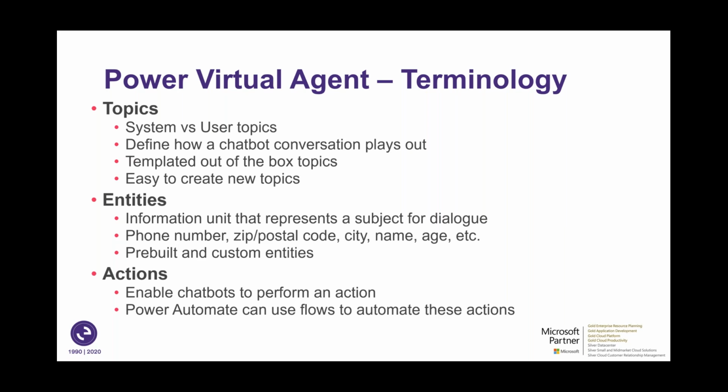And topics really are, there's two types of topics. There's system topics that are there innate out of the box, and then there's user topics that are available as well. You can define how those chatbot conversations play out by addressing these topics and putting these topics into the context that's there. And again, like I mentioned, there's templated topics as well as others that you can create. So an example of a topic might be open hours, right? And so if someone types in open hours into your chatbot, the AI can actually match that to the topic of, let's say, store hours or office hours, and you could begin a conversation from there, right?